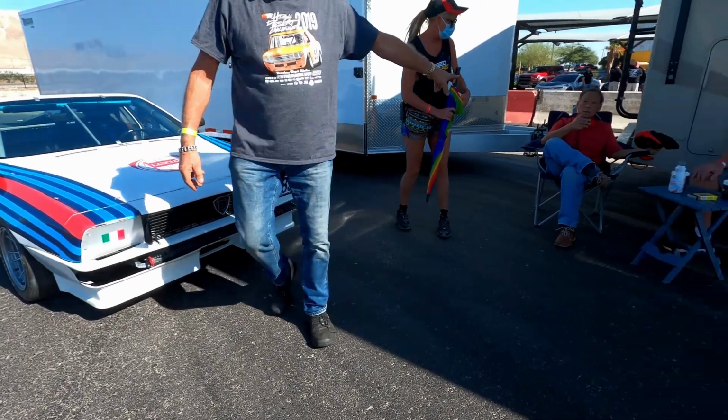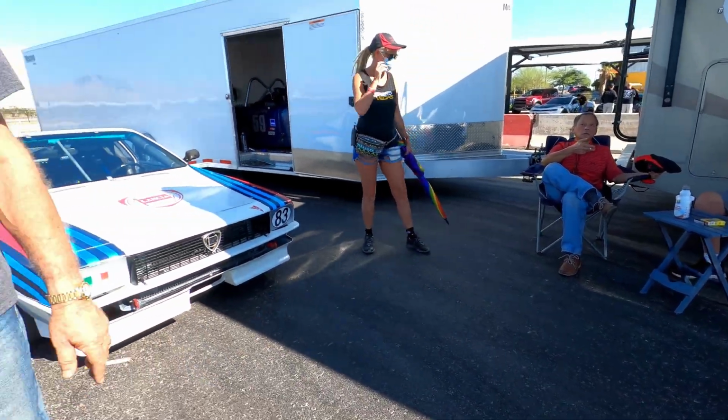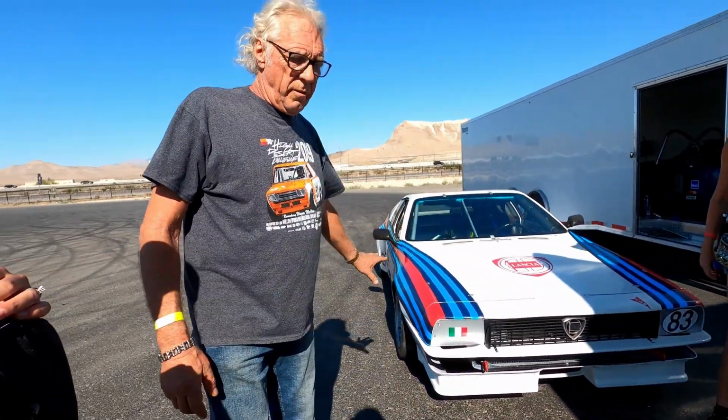Well, this man here, 25 years ago, the original owner of this car built it. Won an SCCA championship with it. Then he died. And then he lost track of it. One day he found out where his mate's widow lived. So he went to see her, because they used to be mates 10 years before that. She said, "Oh, Eddie, I'm so glad you came. Barry wanted me to give you the car." So he had to dig it out of the sand and dragged it back to Vegas, and he left it